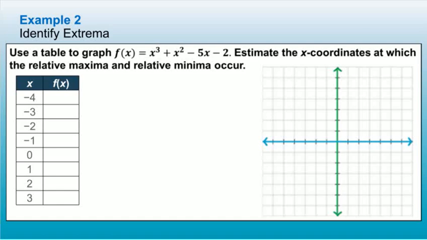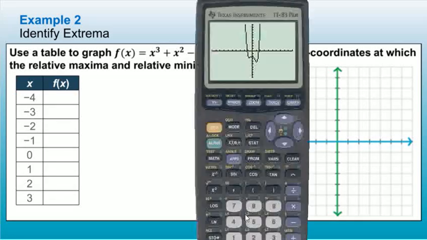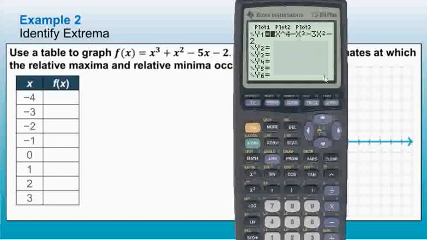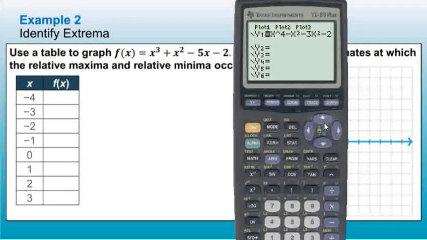Example 2, identify the extrema here. So we're going to use a table to graph this function and then estimate the x-coordinates at which the relative maxima and relative minima occur. To make this a little bit quicker, we'll put this into our calculator. So we have x cubed plus 1x squared minus 5x